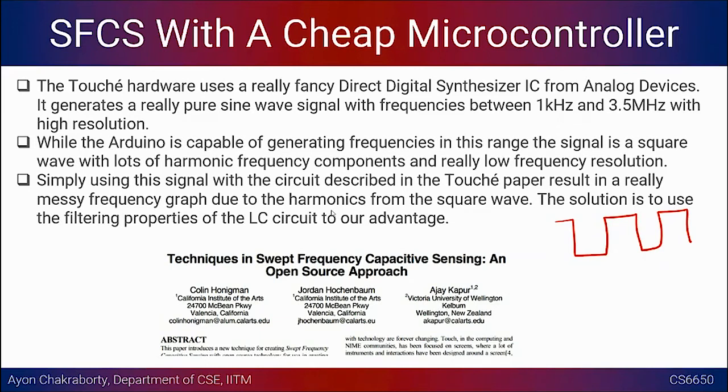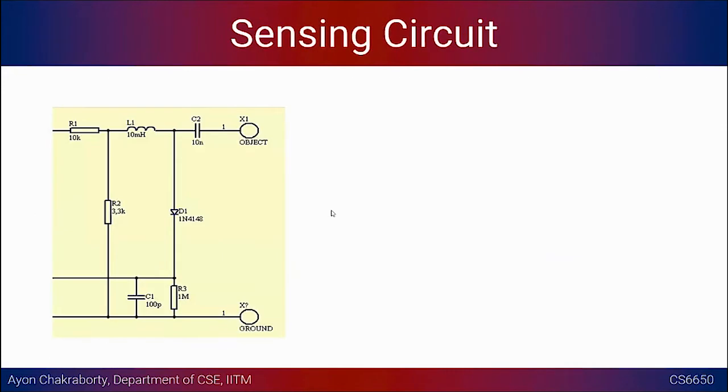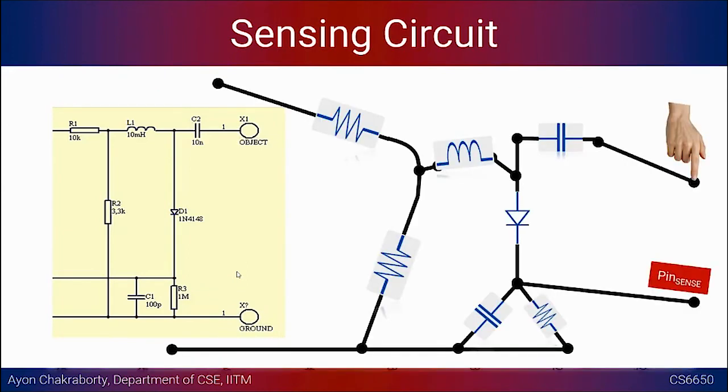All the classification or all the inferences that we are making from the system is still applicable. Okay, so this is a simple circuit like this. People who are from the E department will probably be more familiar with this. How we are trying to filter out the harmonics, and we are simply borrowing this circuit from the paper. You can take a look at the paper. They will have a nice explanation why they are doing it, and we simply convert this particular circuit on the